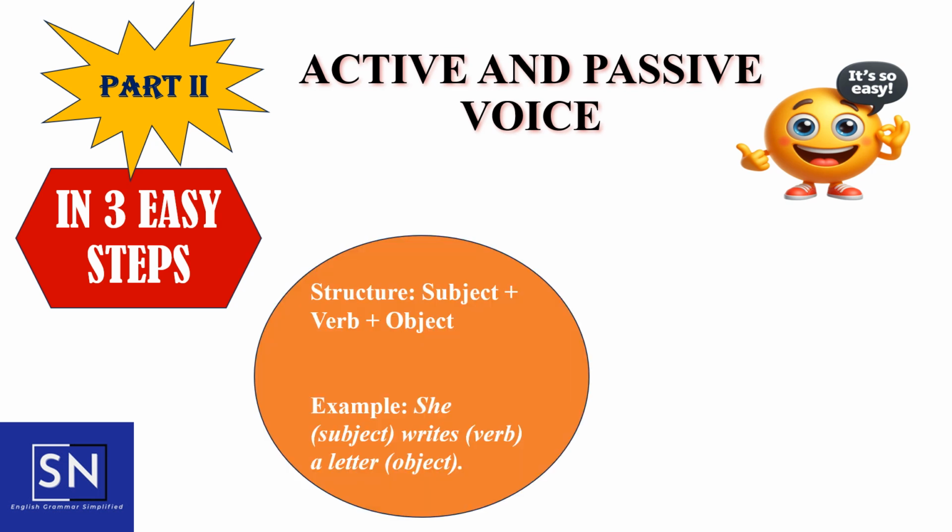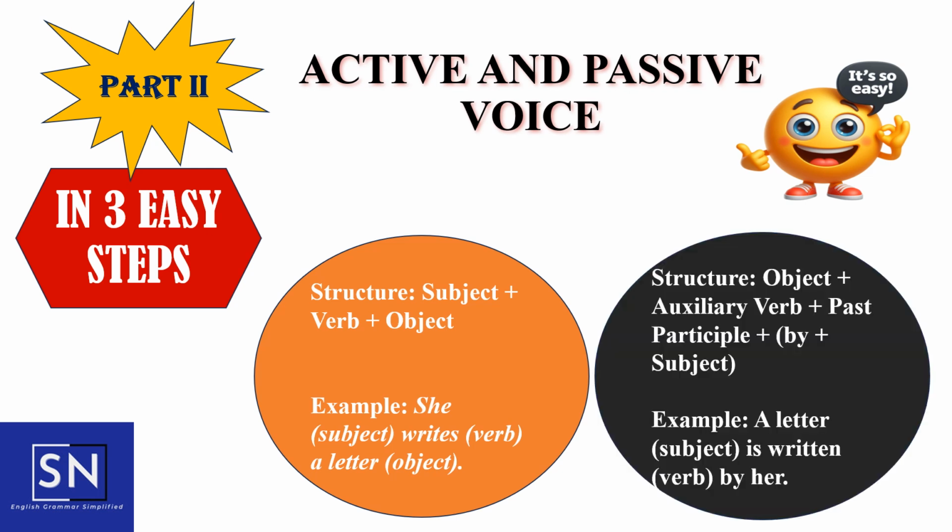When you get a question in active, what is the first rule? Identify subject, then verb and the object. So here is an example of active voice: she writes a letter. She, subject; writes, verb; letter, object. So when you change into passive voice, what is the structure here? Object first, then auxiliary verb, then the past participle form of the main verb, and you're going to add by,